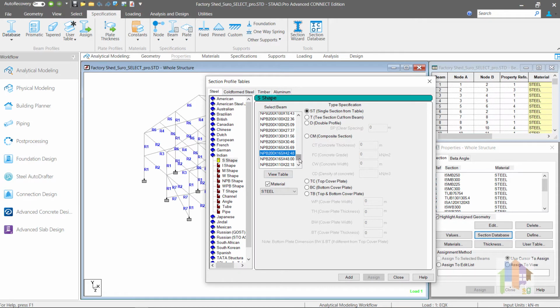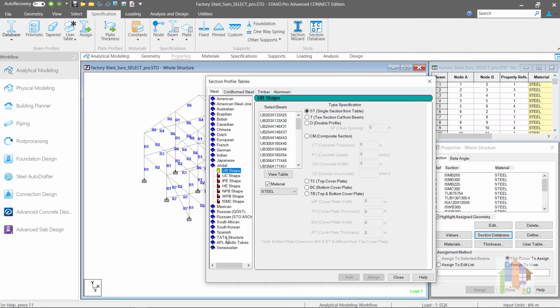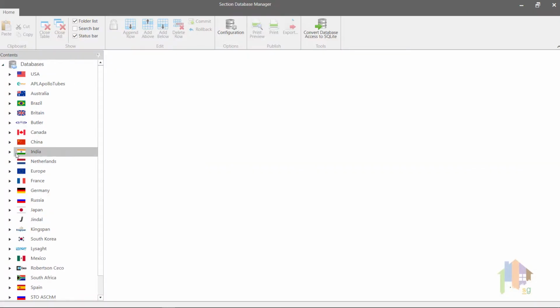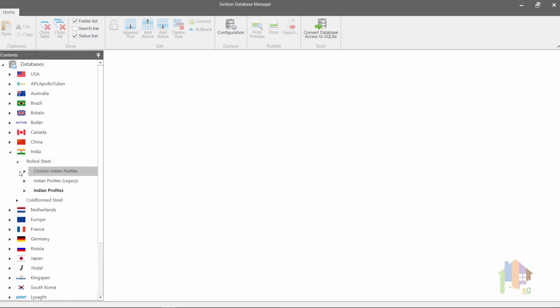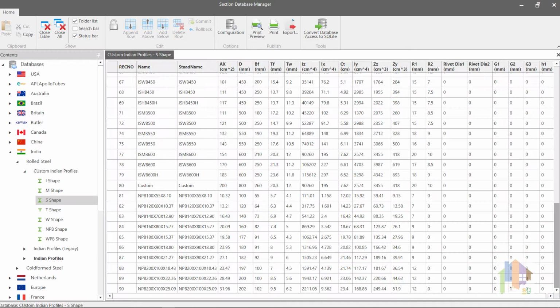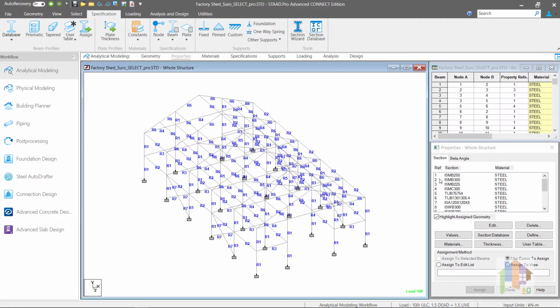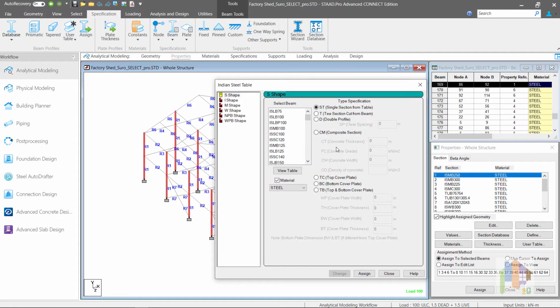If in your project you have multiple section choices like ISMB, ISWB, NPB, or sections from Tata and Jindal database, you can simply create a copy of your original database file, add these sections in the S-shape or other library, and import that custom database instead. The whole process is discussed in part 3 of customization of database. Next, you can assign any section from this section library, like I have assigned ISMB 250 section, and after optimization,